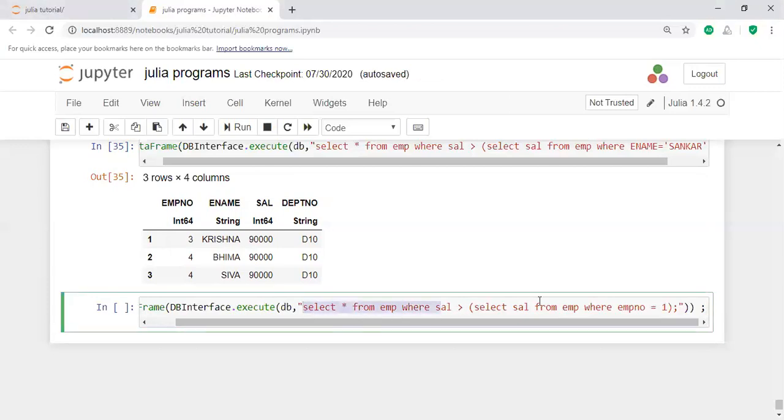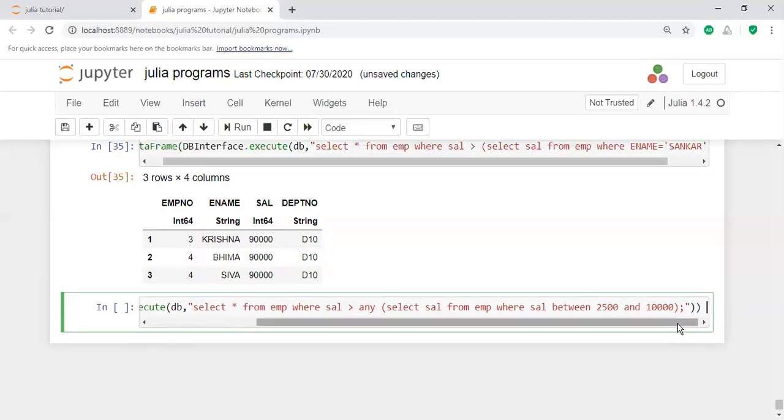Let us take a simple example here. How can you get that? Select star from EMP where salary greater than any operation, multi-row subquery, where salary from employee where salary between these values. Here 4,000, not 4,000, I am taking 10,000. In between 2,500 to 10,000. I need to get the salary of all employees whose salary is greater than 10,000. How can you get the salary here, based on the condition?